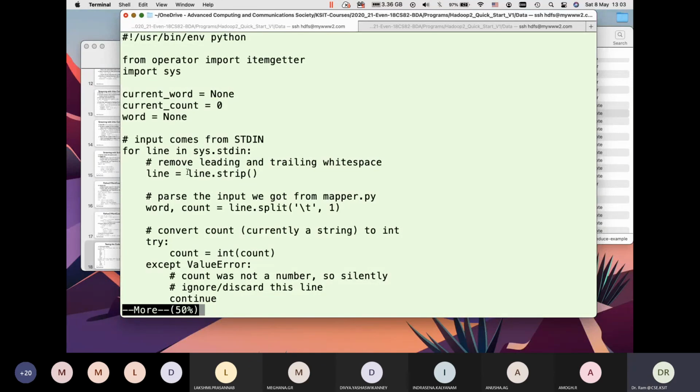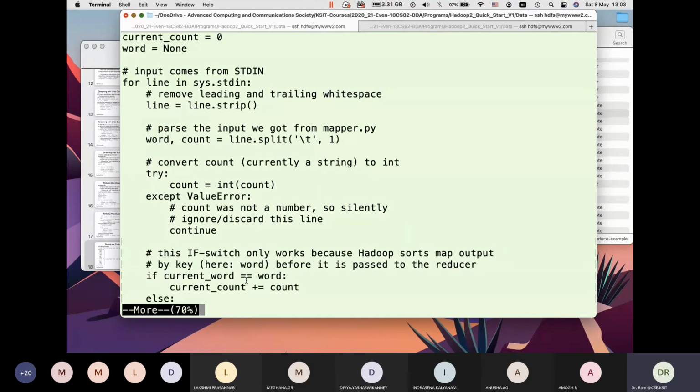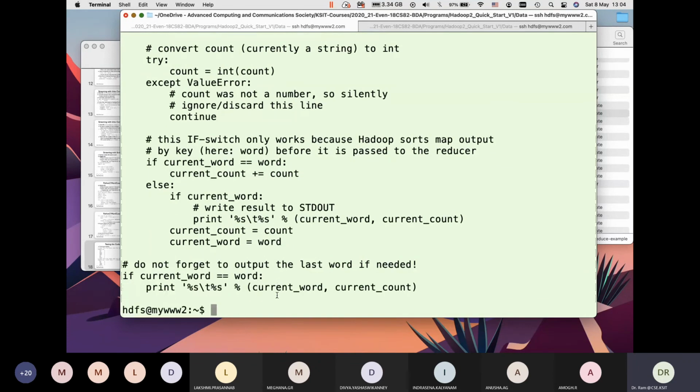Basically read standard input, split by the tab, because that's the input. If we already got the current word, the previous word, increment the current count, else output the value and set the current value, the usual way, because things are changing. The sorting ensures that all the same keys are together. Then you start with the initial count of 1, and those were the programs.